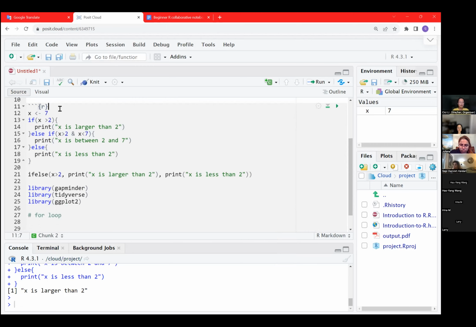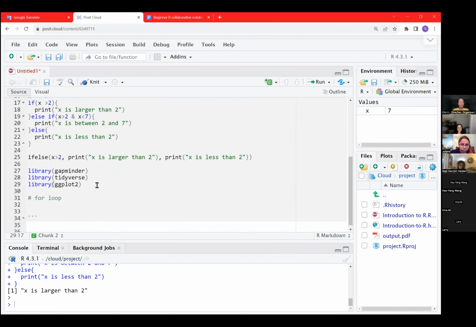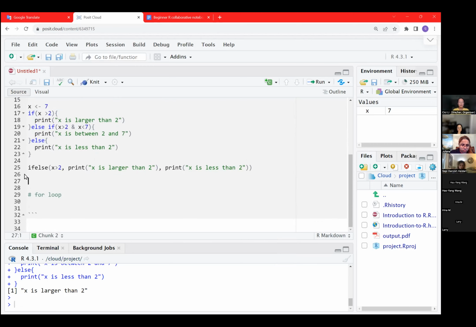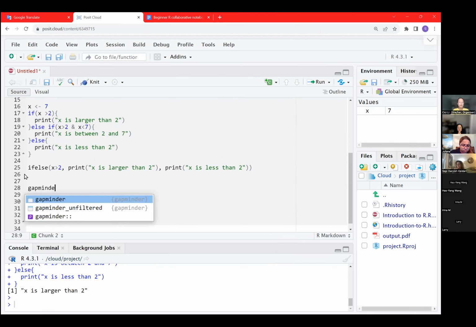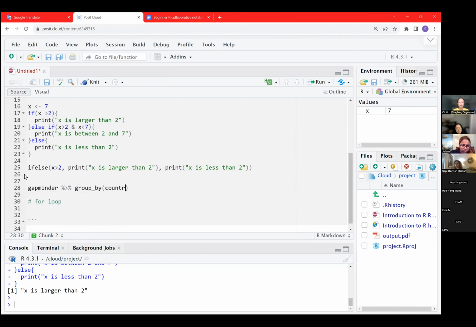And then if we want to, for example, use the gapminder data set, and we want to group by country, and then we want to add a new variable, for example, mutate,